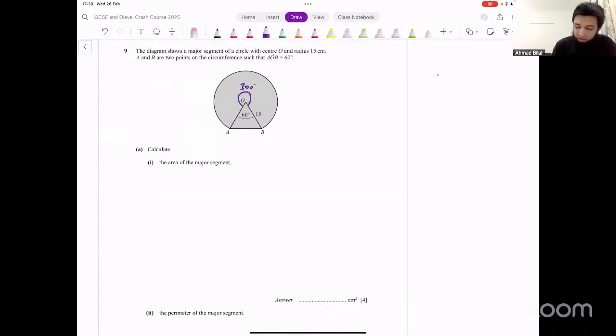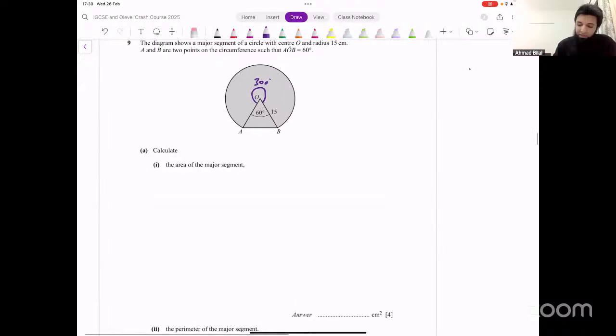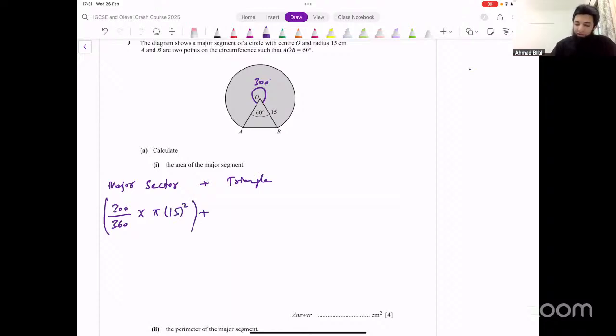This angle is 300. Area of the major segment, area of this whole segment, that's going to be area of the major sector plus the triangle. And that's what this area is going to be. What about the sector? Theta over 360. That means 300 over 360 times pi r squared. What's the radius? Radius is 15. That will be pi into 15 squared